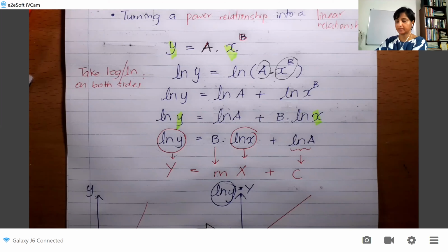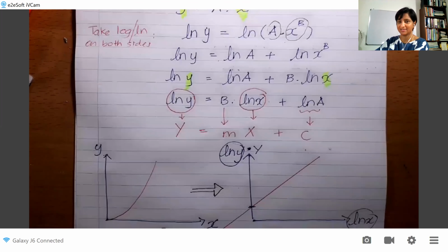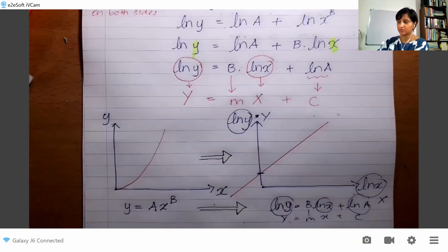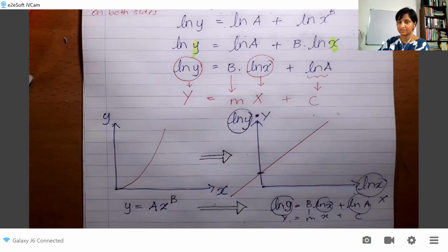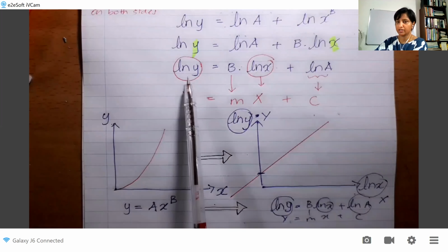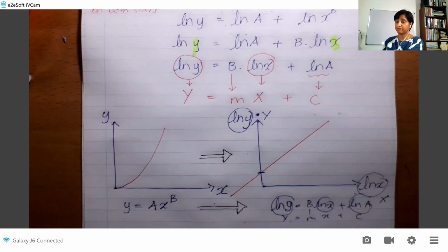If you are done with that part, I will move this a little up. Is that okay? I'm moving this a little upward so that you can see the graphs. So the curvy graph we turned into a linear graph. This curvy relationship we turned into a linear relationship. Then from that linear graph,